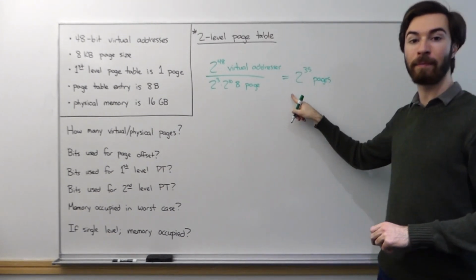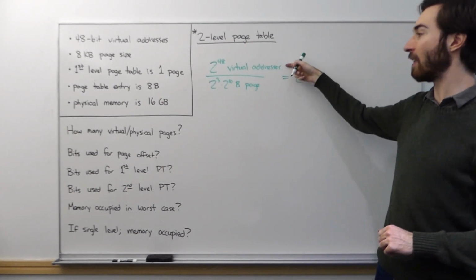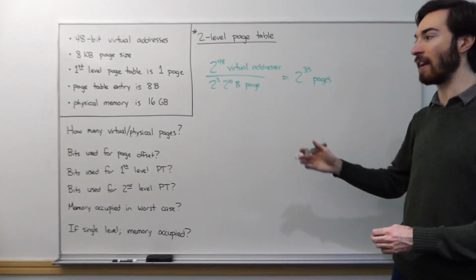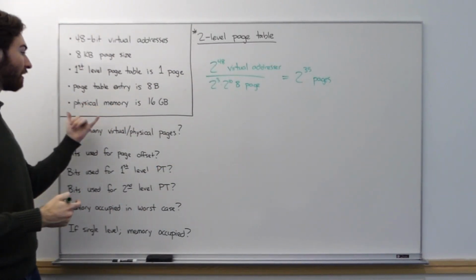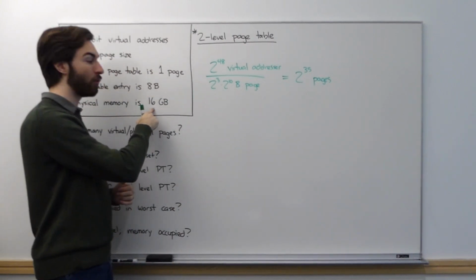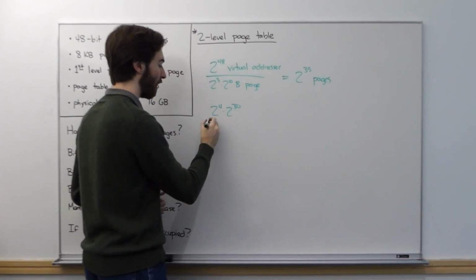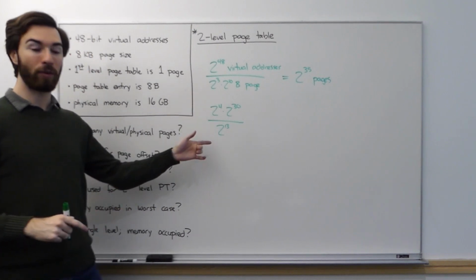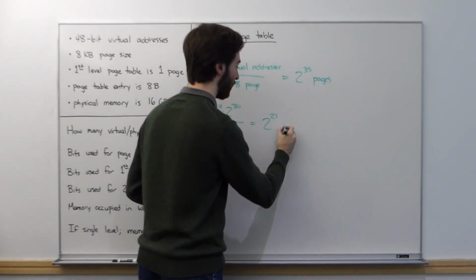in virtual memory. And then we can do the exact same thing for the number of physical pages, except instead of dividing the virtual memory size by the page size, we divide the physical memory size, which is 16 gigabytes, by the page size. And so 16 gigabytes is 2 to the 4th times 2 to the 30th. And then we can divide that again by our page size, which is 2 to the 13th. And so that's 34 minus 13 gives us 2 to the 21st pages